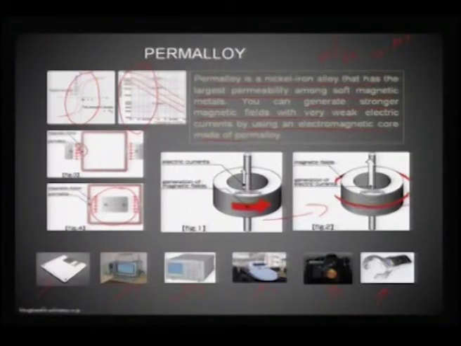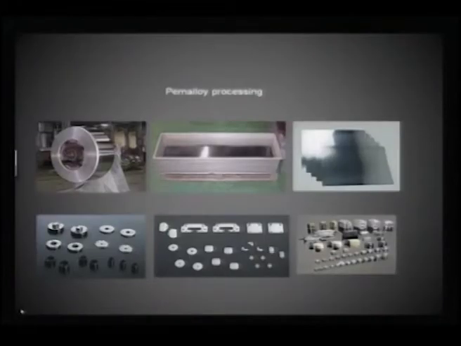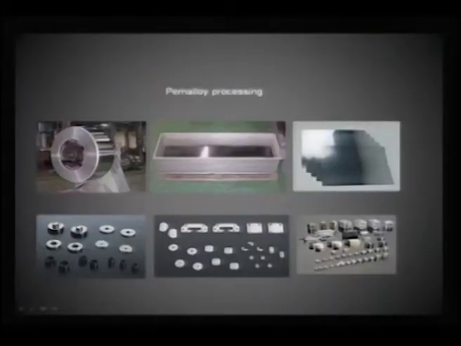Permalloy is actually used as a magnetic shield in a wide range of applications, including as a sensor in fast trains. Permalloy processing is also very unique because it is an alloy, it is malleable, therefore you can make it as a roll or as a sheet in any form. You can see this sort of big rolls of permalloys can be made for functional applications, and as you can see here, these are all the permalloy